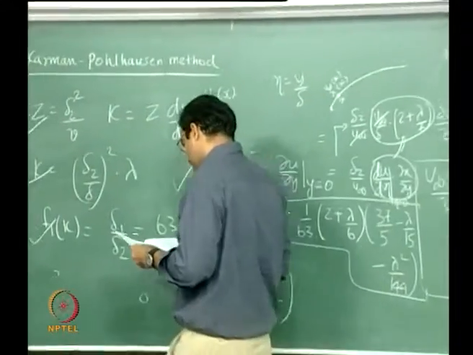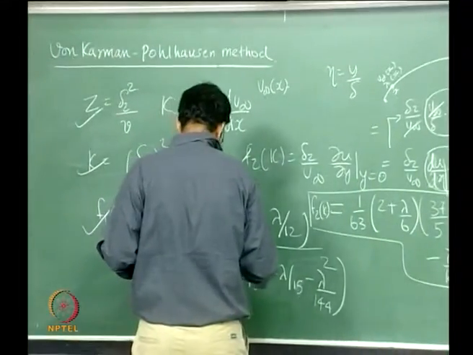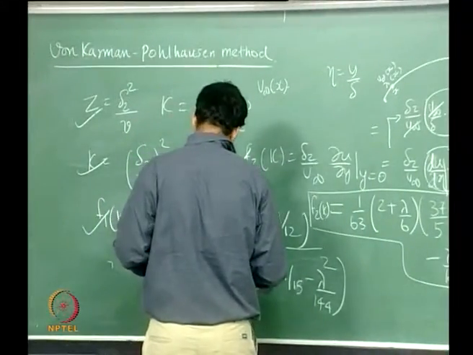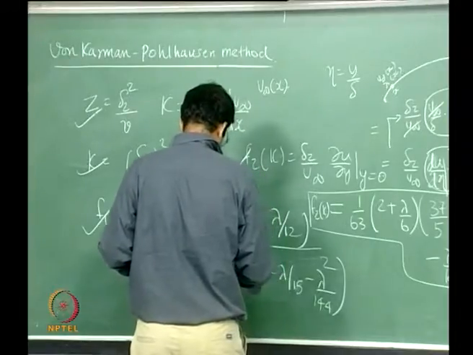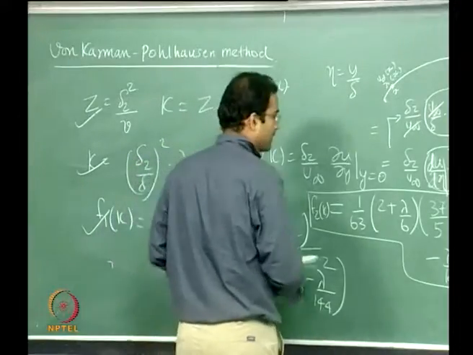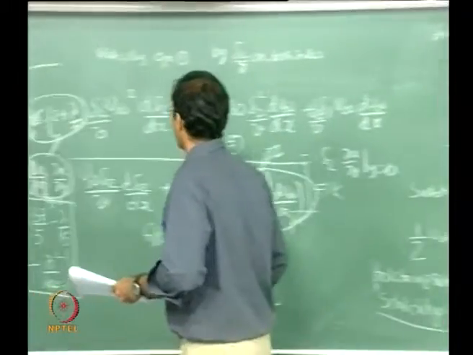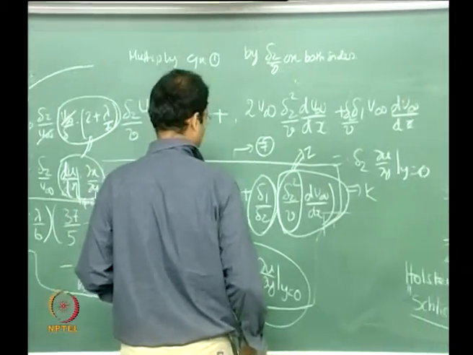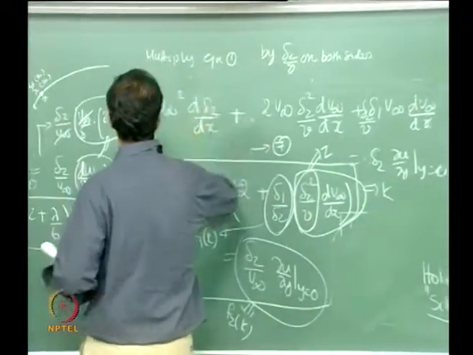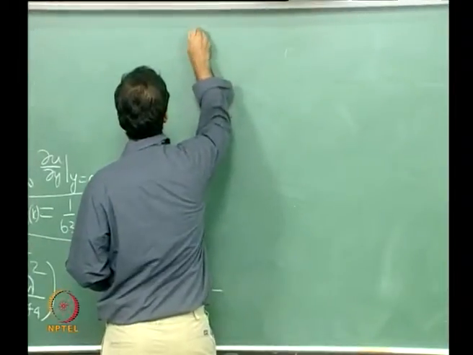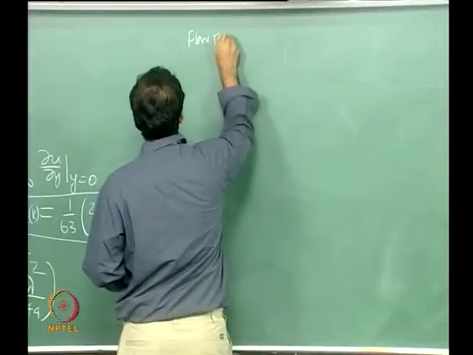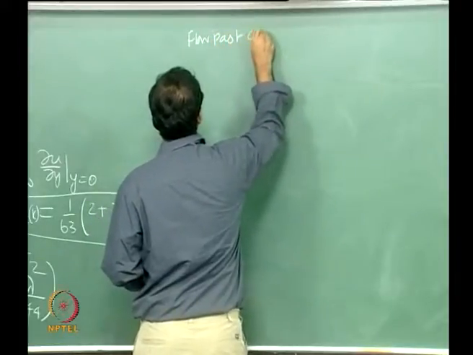So using this, let us quickly apply this to a small case where it is flow past a circular cylinder, and we will see how we can use this algorithm to calculate all the parameters. Okay, so I am just going to use this final expression here. So, flow past circular cylinder,